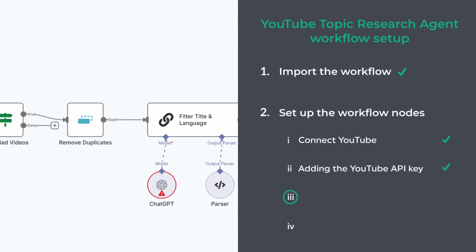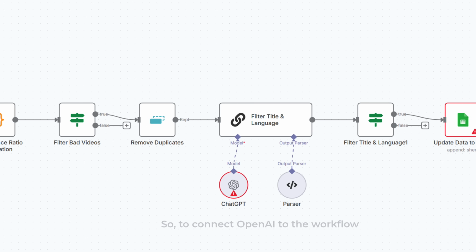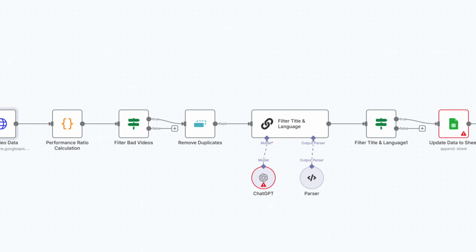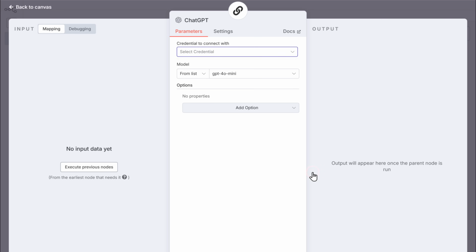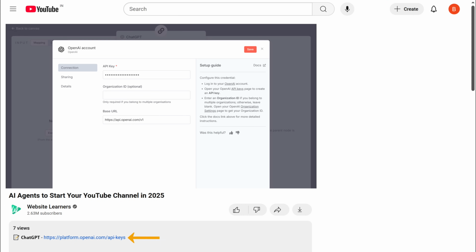Alright, now let's fix the third node by connecting OpenAI to the workflow. We are going to use OpenAI as the brain of our workflow. So to connect OpenAI to the workflow, just click on this node, then click here and select Create New Credentials. Here we need to enter the OpenAI API key. To get the API key, click on the link in the description